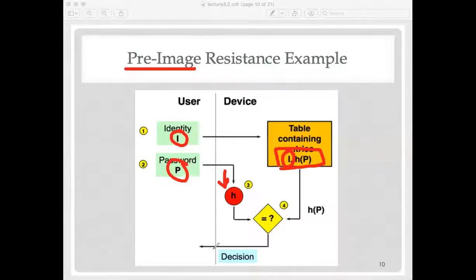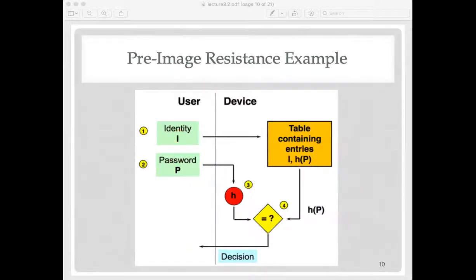And if it does, perfect. Means the password is correct. And if it doesn't, معناها the password is wrong. I don't need to know what is inside here to be able to judge whether this password is correct or not. But if I don't have pre-image resistance, أي واحد يقدر ياخذ h of p and reverse it and get p. But pre-image resistance gives us the protection that if you have h of something, the hash of something,